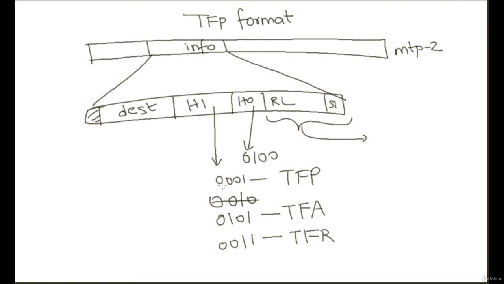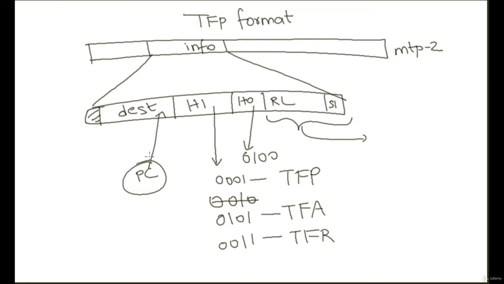Transfer restricted. And then the destination point code, which is actually the point code of the node in question, basically the point code of that node which has become inaccessible. So that point code is here. Now let us look at the other messages, which are called the transfer allowed message and the transfer restricted message.